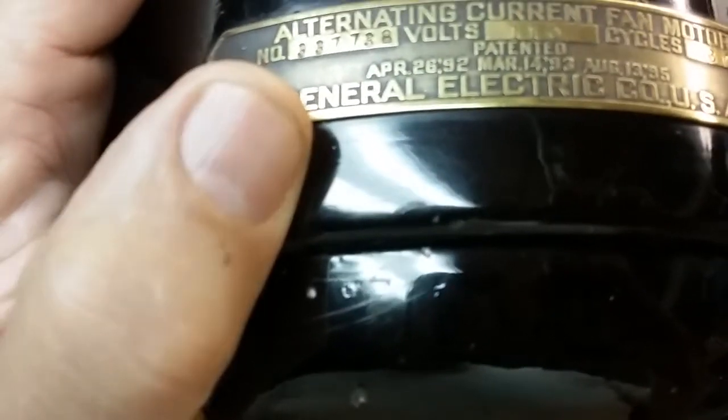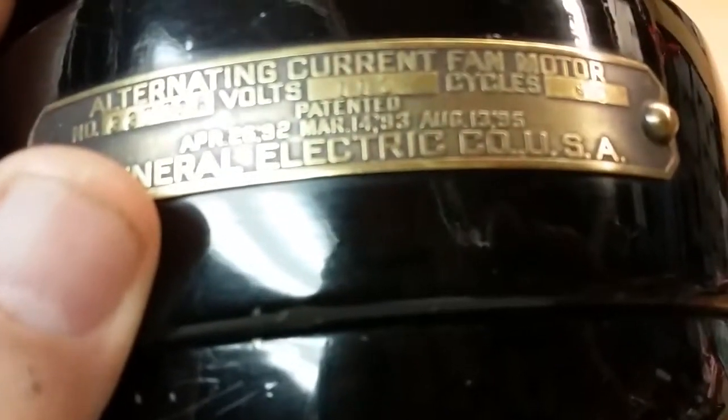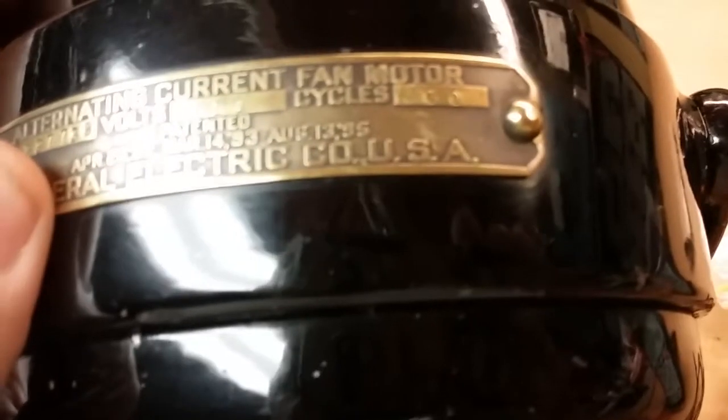Okay, Paul here. Today on the bench I have this antique fan motor. It's a General Electric, and the number is 33, 77, 38. It might be 38, 77, 38. Anyway, it's rated 110, 60 cycles, dated April